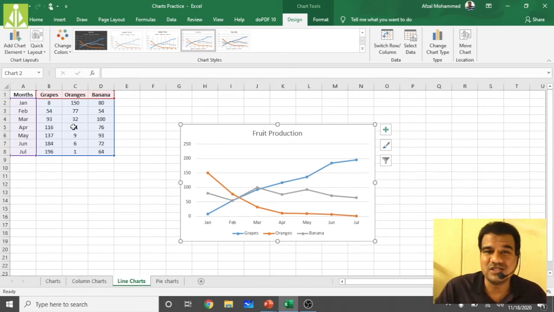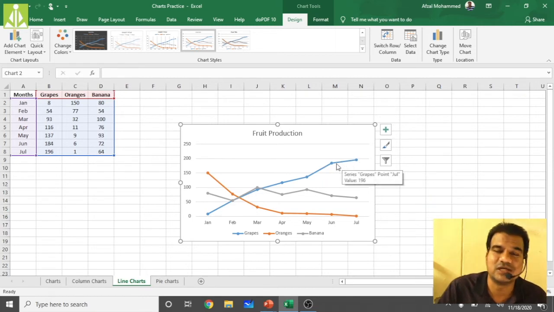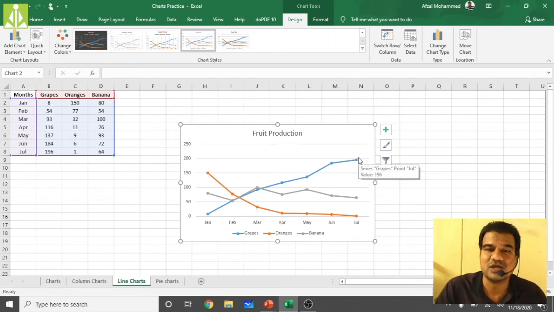But once you have drawn the chart and right now you want to remove, let us say, the same column, the grapes line. Already the chart is drawn and you don't want these grapes. So now there comes the concept of customizing your chart. For that, first of all select the chart, because we are doing the modifications inside the chart, not in the data. So select the chart, go to the design tab.